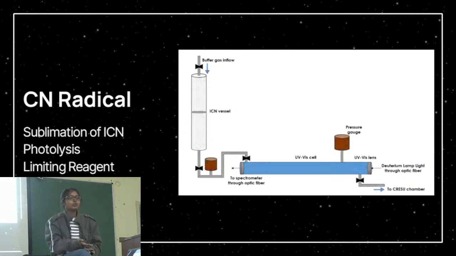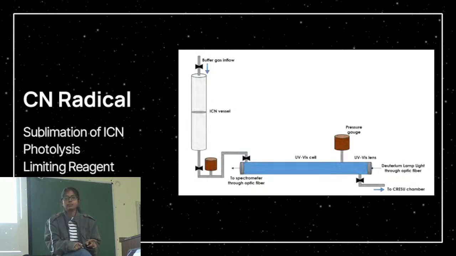What you do is you take a precursor. You don't transport it. You just take a precursor like ICN, and you inject it, and then you photolyze it with an excimer laser. So along the whole path of the flow, there is also an excimer laser aligned. That excimer laser fire creates your CN radical, and the reaction starts. That way you can also measure the starting point of your reaction, which you need to actually study from.